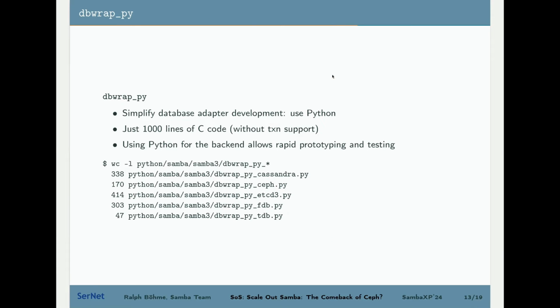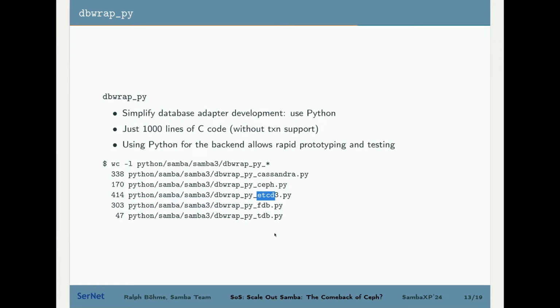One of them we're going to look at on the next slide. Here I'm quickly giving you an impression of how small those Python backends for talking to those databases actually are. Last year I had one for Apache Cassandra. This one is new this year for Ceph.